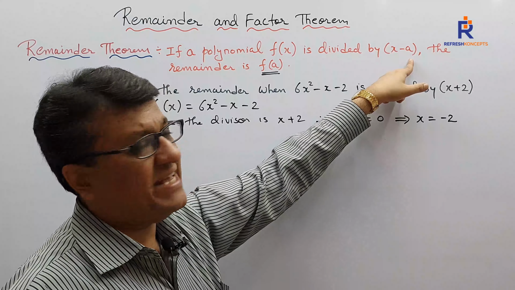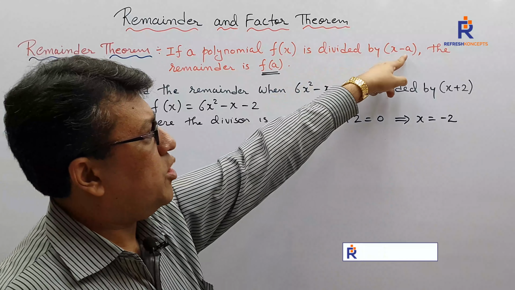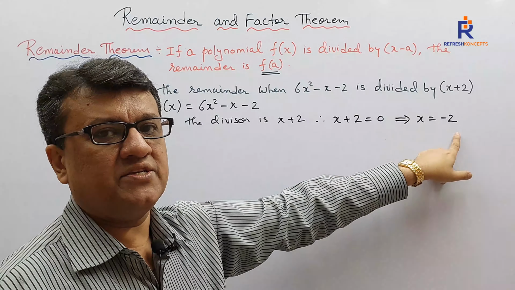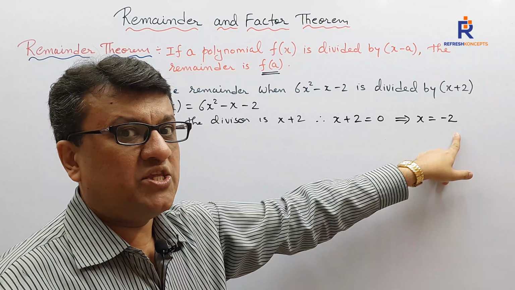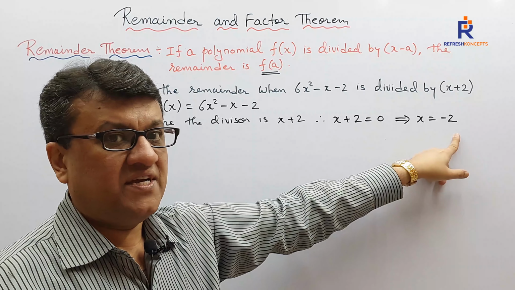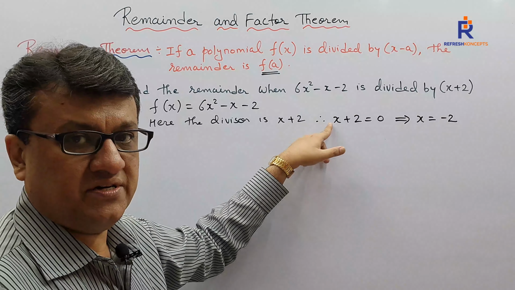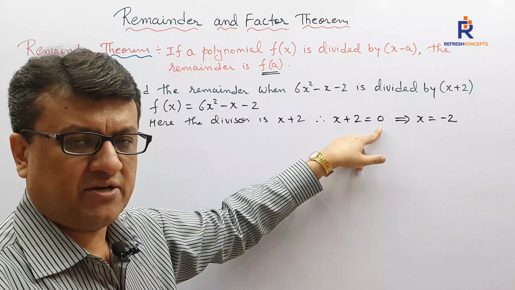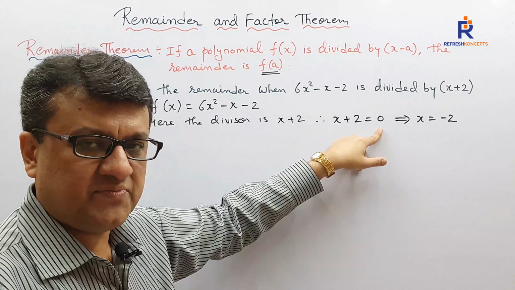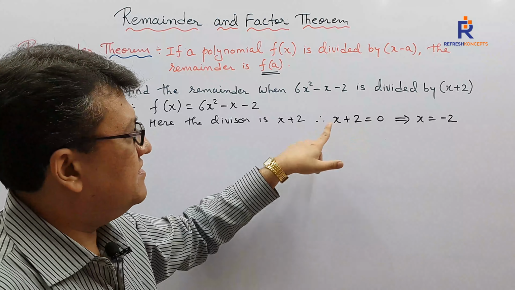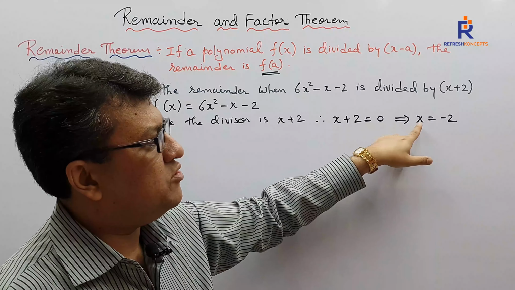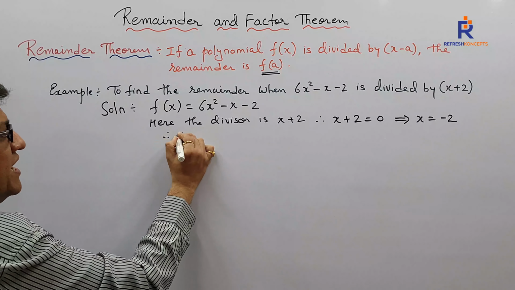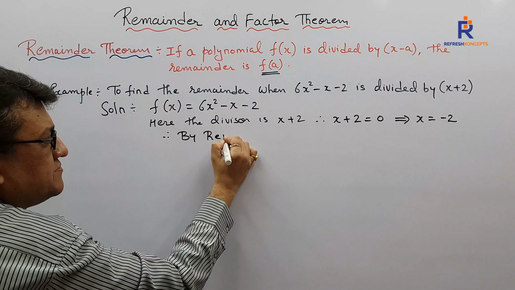We had x minus a, and the remainder is f of a with the opposite sign. So we had the divisor x plus 2, x is equal to minus 2. The question might arise: what if we have some kind of coefficient over here? Then again we are going to do the same thing. We have sums based on that in the next slide. But initially, when we are starting off, we equated the divisor to 0 and got x equals minus 2. Therefore, by the remainder theorem,